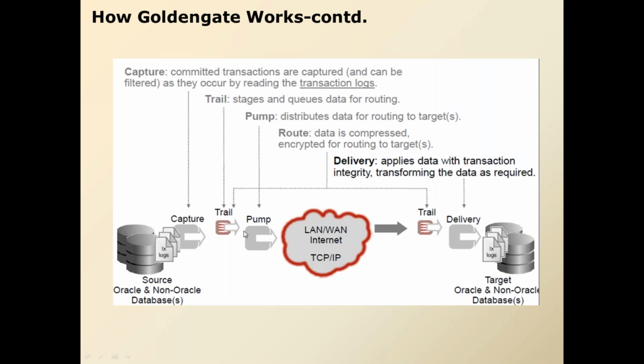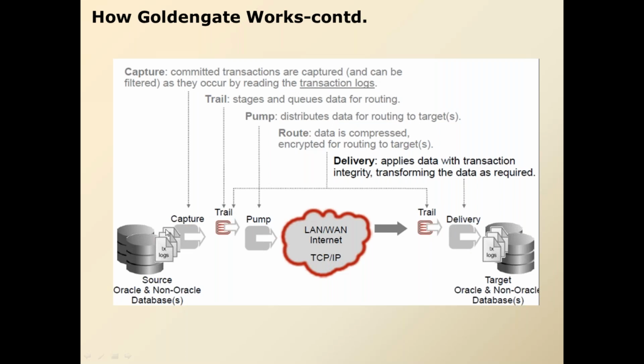These trail files are files which reside on the operating system and contain the data captured by the extract process. Once the data becomes available in the trail file residing on the source machine, called the local trail, the GoldenGate data pump process reads the data out of your local trail, sends it over the TCP/IP network, and writes it to trail files on the target machine. These trail files on the target machine are called remote trail files. So the pump process reads the data from the local trail and writes it to the remote trail. Once the data becomes available in the remote trail, the GoldenGate delivery process reads the data out of your remote trail and applies it to the target database. This delivery process is also known as the replicate process.